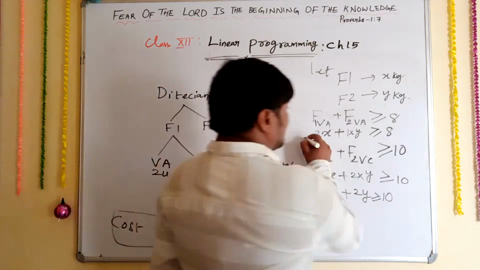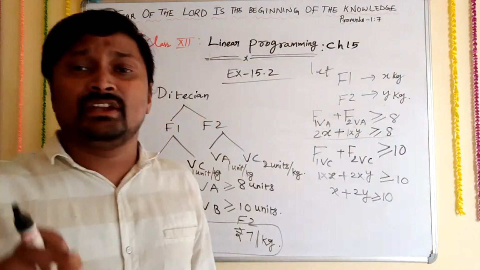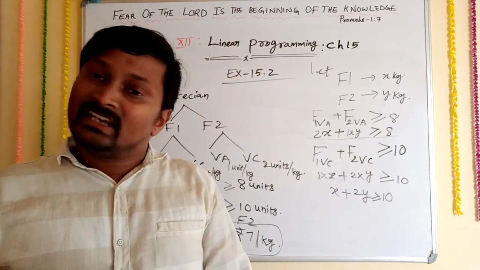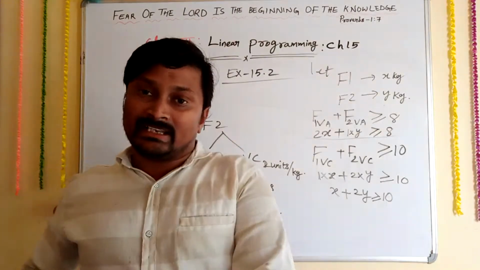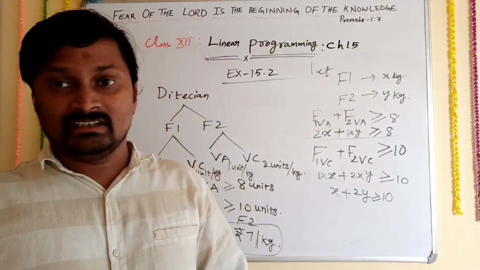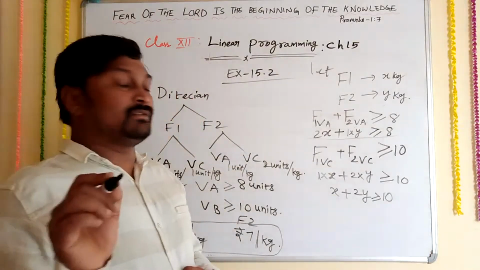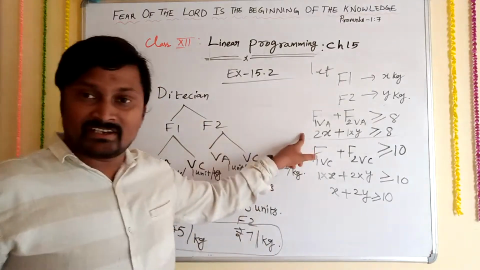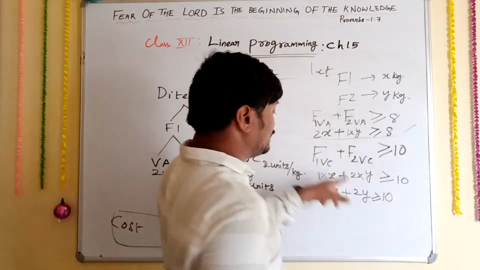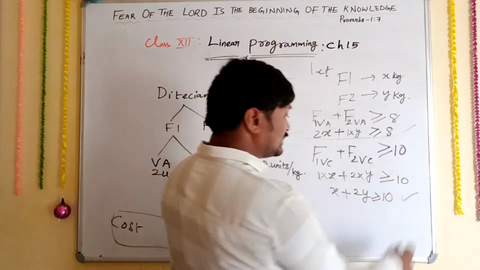So now you have understood here. The main important thing you have to remember is "at least". At least means it is not less than that number. It should be equal to or greater than that number. So at least, you have to remember. Very good. So everyone is saying yes, sir. That's good. So that is the first equation and this is your second equation.